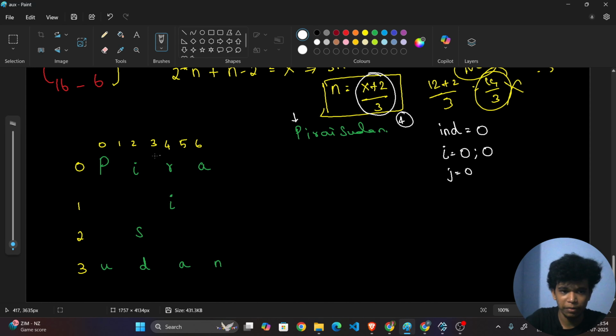At that time I will be taking this p and printing it here, and then with the space. Okay, and this index will become 1, and here also the j value now becomes 1. Now again I will be just printing this and a space, and then again printing this, a space, and then printing. Okay, then when I am going to the